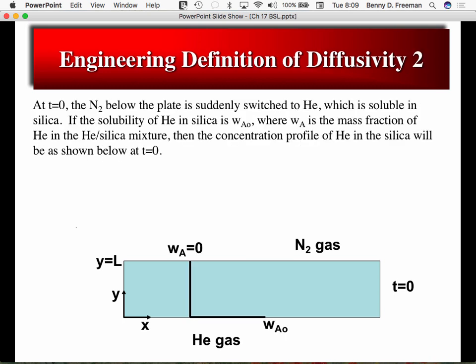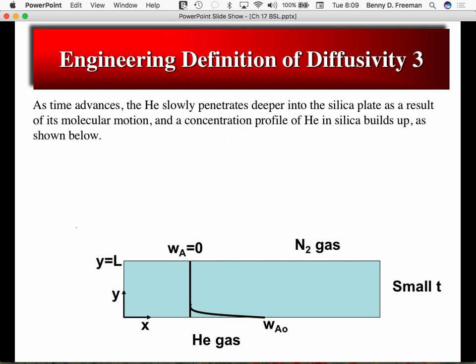And at some time t equals 0, we switch the gas from nitrogen to helium down here. The helium will actually dissolve or partition into the fused silica at y equal to 0 at a mass fraction of W_A0, whatever the equilibrium solubility is. It's actually quite low, as we'll see in a moment. And then there's a gradient in concentration of helium between the two sides of this